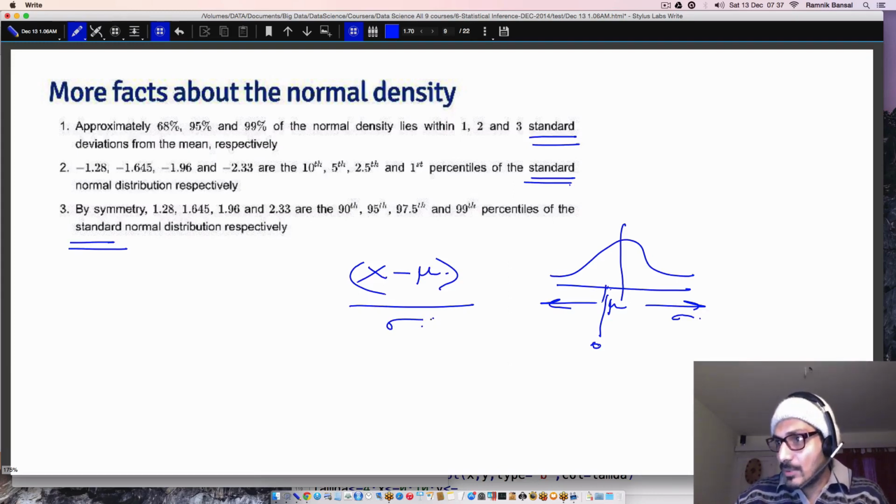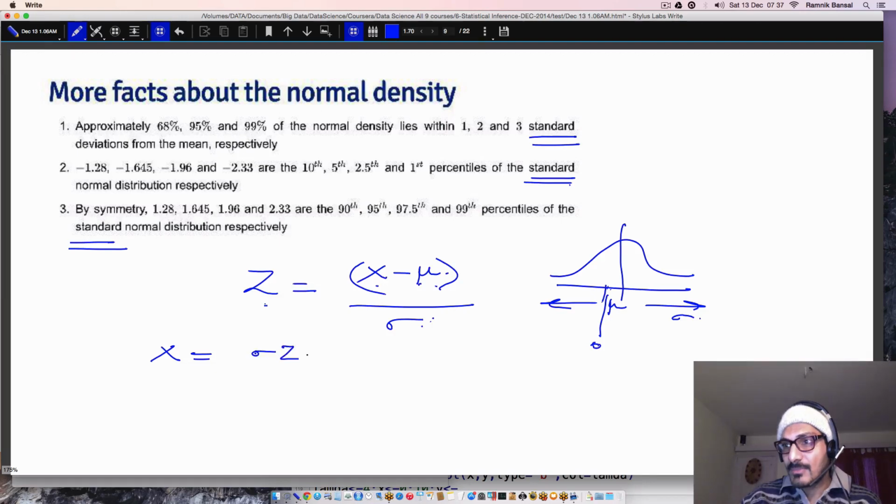So this takes care of the offset, and this takes care of the stretch. Let me call it z. So z is what I'm interested in, and I represent it from x like this. If x is what I already know, I can easily use the p norm q norm formula. I can say x is nothing but sigma z plus mu, rather the other way. Sorry, what I will have is,